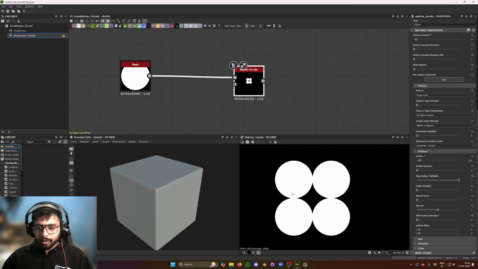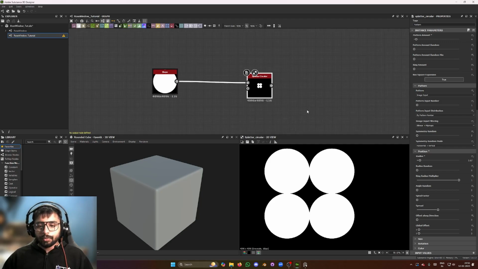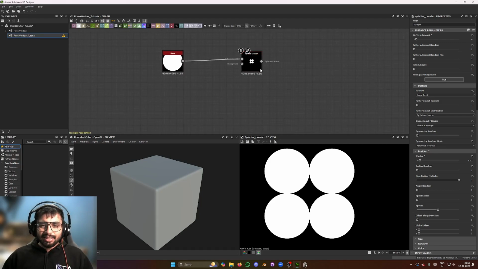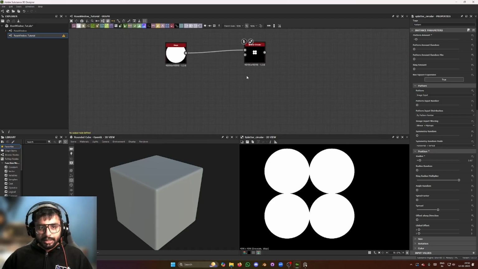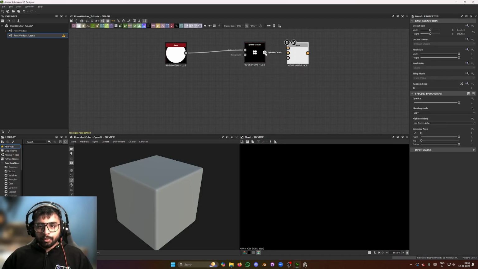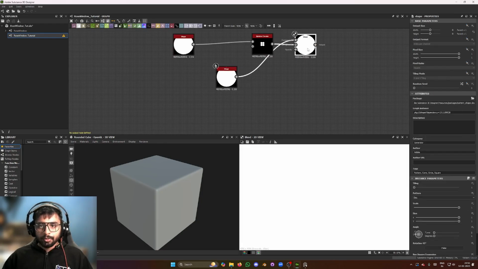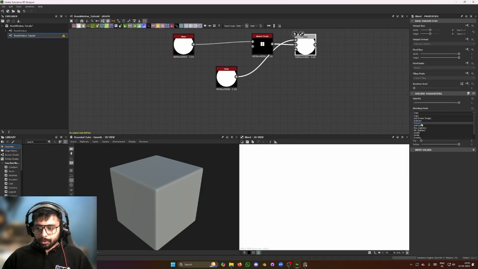And now there's a problem for us, because there's this empty diamond shape here, and it can be fixed easily. What you need to do is add a blend node and blend it with a circular shape, and put this to screen,